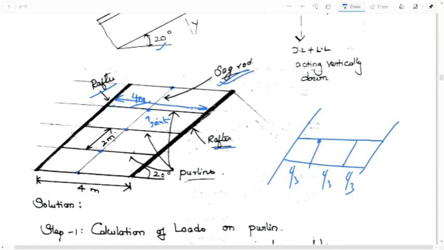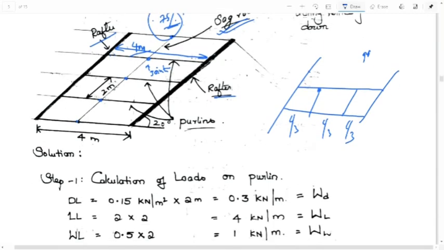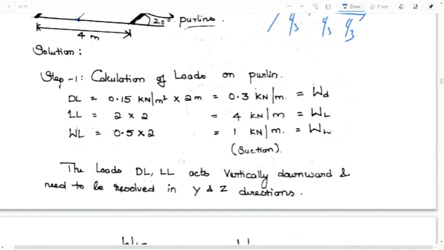And if you use two sag rods, then the movement is going to decrease by nearly 90%. And if you are going to use only one sag rod, the movement is going to be decreased by 75%. Okay, we are going to see that in calculation. So let us start with the first step. This is case 1, guys.